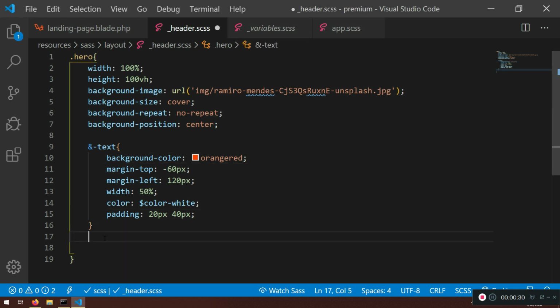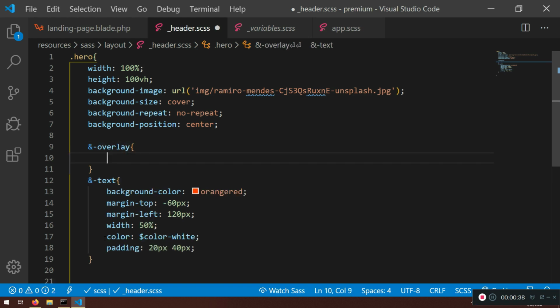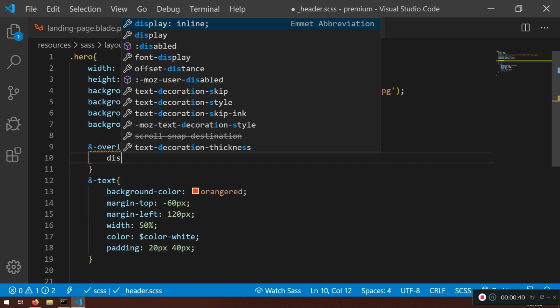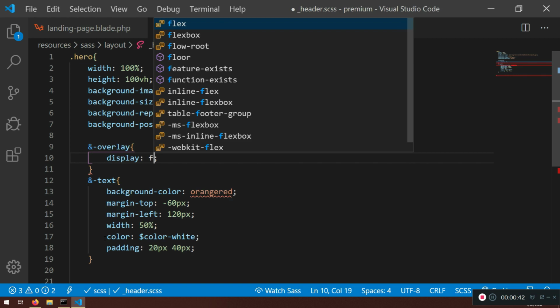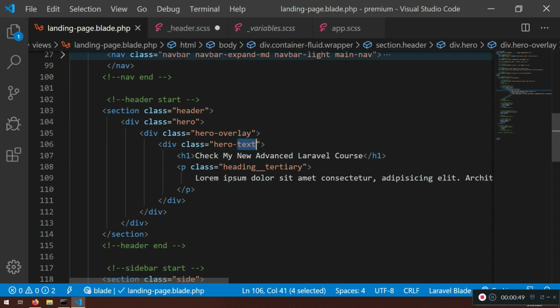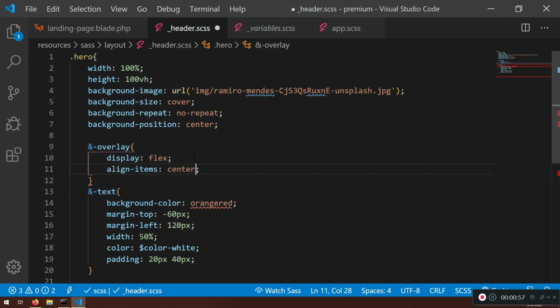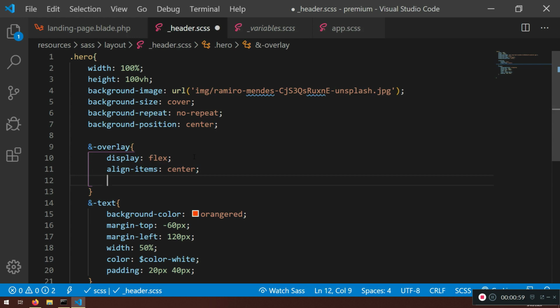Now the next important part, let's put it here, is the overlay. The overlay where we're gonna put a color. I'm just gonna say display flex. So this is the overlay here. In our overlay we have inside the text. We can nest this one, but we can just make it like this. Now I have display flex. I'm just gonna align the items to the center, and I'm just gonna say width